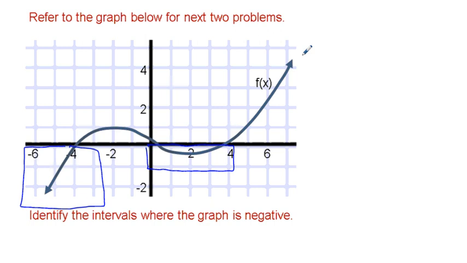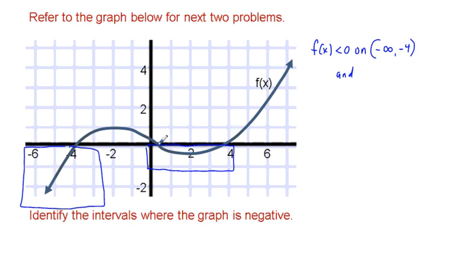So we will say f of x is less than 0 on negative infinity to less than negative 4, and also